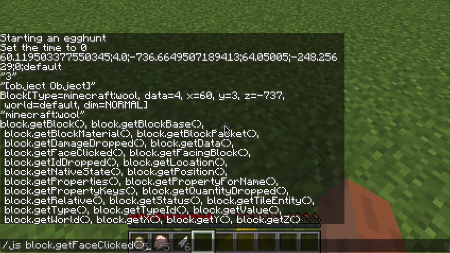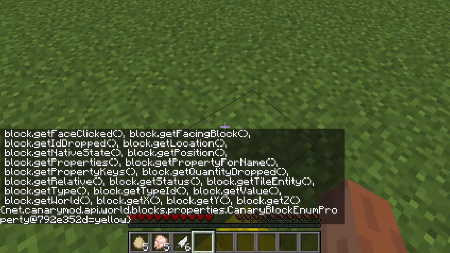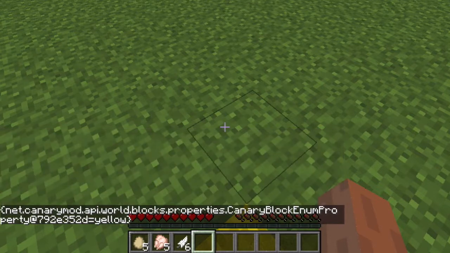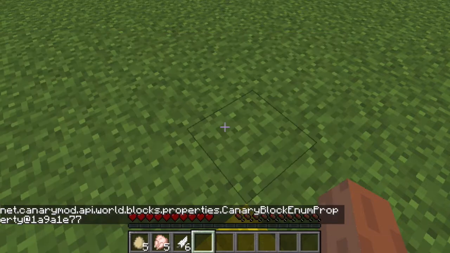block.getProperties. Oh, look at that. There's a property there that equals yellow. Well, that's what we want. And there's a function there called getPropertyForName. Sometimes you can make a lucky guess. I'm going to say we want to look up a property called color, because it seems like a logical name for that property. And it returned this